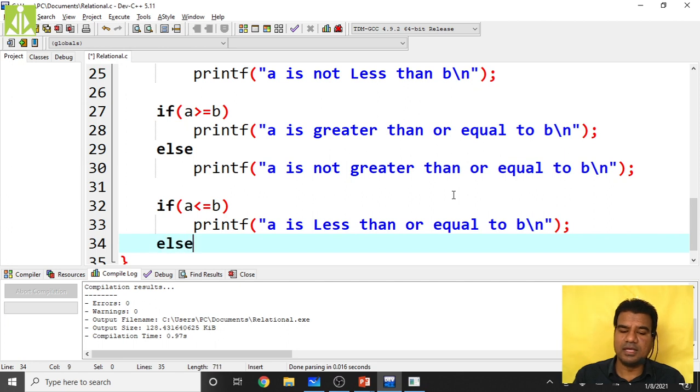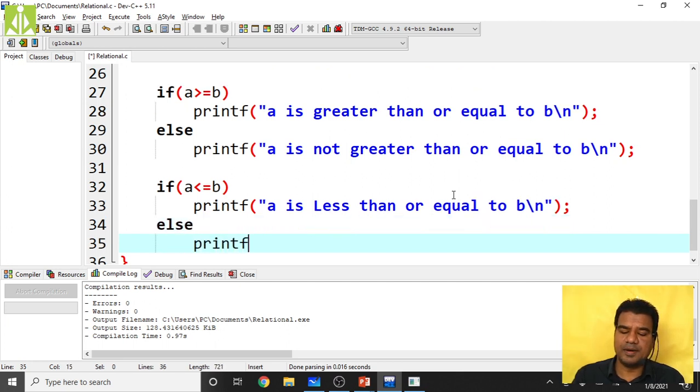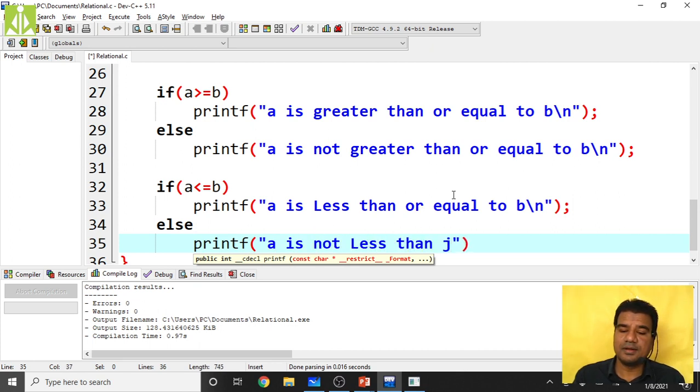Then in the else part, printf "a is not less than or equal to b", backslash n. Put the semicolon at the end.